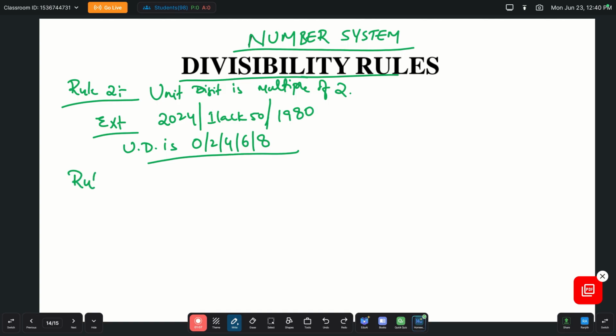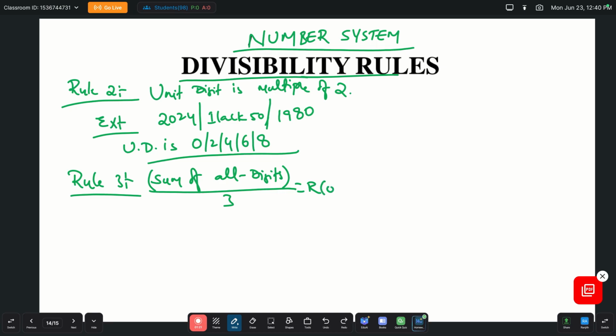What is the divisibility rule for 3? The divisibility rule for 3 is that the sum of all digits divided by 3 gives remainder 0. And the example is